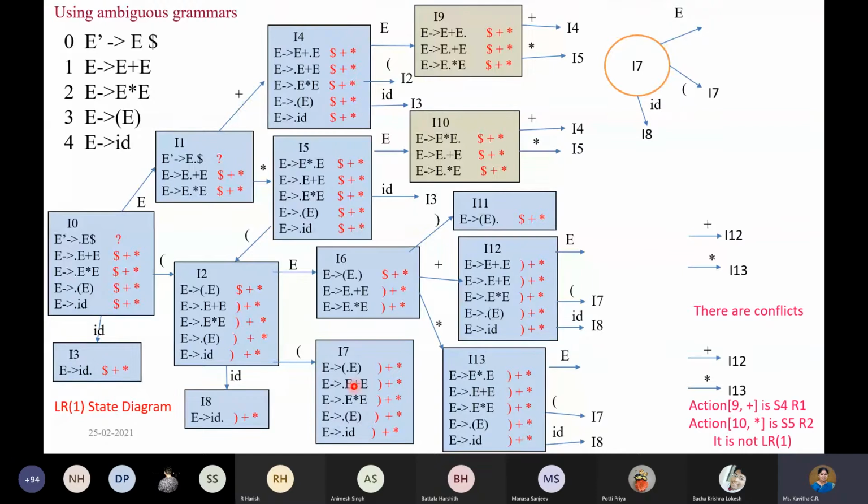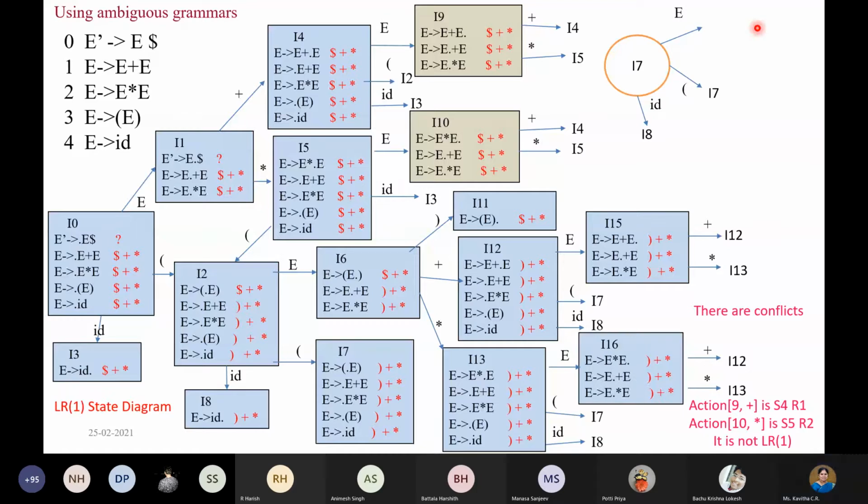So I13 is done, and I7 I am using here one connector because the space was not there. So from I7 we have E to be read. So when we read E, we will get I14. So I14 is after reading E, we will get this. And also there are two more rules where we have to read E. These are the rules we are going to get, LR1 items. And the look ahead symbols are just copied and nothing to expand here. So that's it in I14. And coming to I7 when you read open parenthesis, it will be self loop because the look ahead symbols also will match.